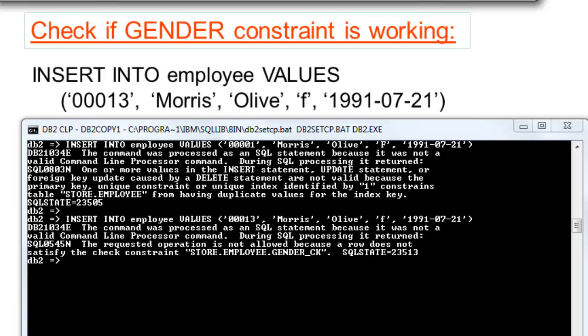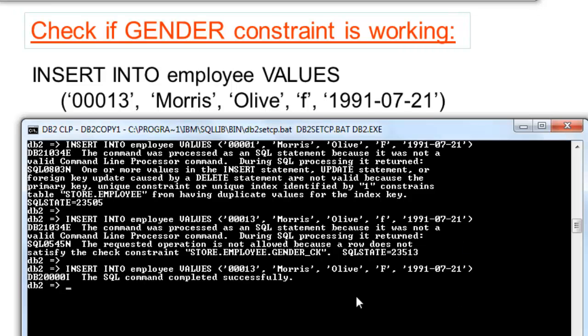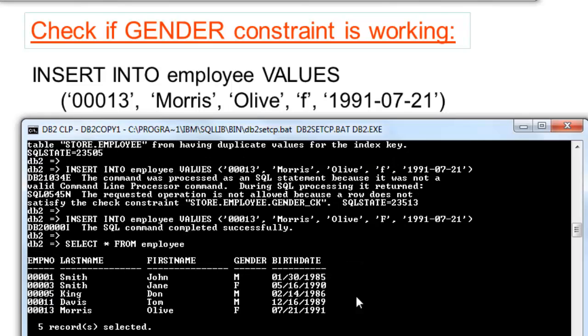Though small letter f is the same with big letter F, it is not accepted because big letter M and F were declared during creation of the table. Correct it with big letter F and the row will be inserted. Let's display content of the table. Employee number 13 is inserted.